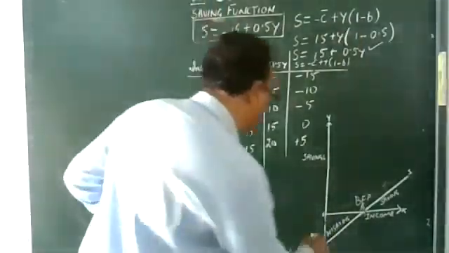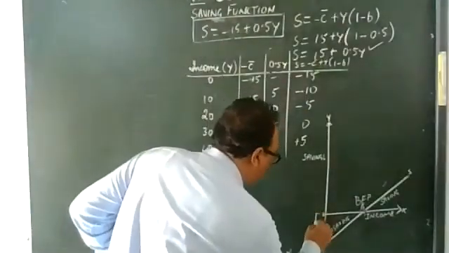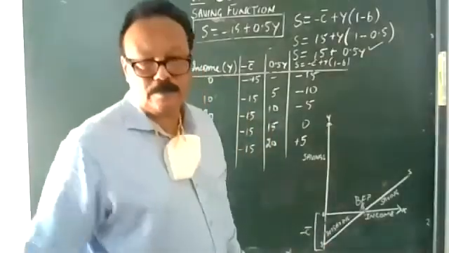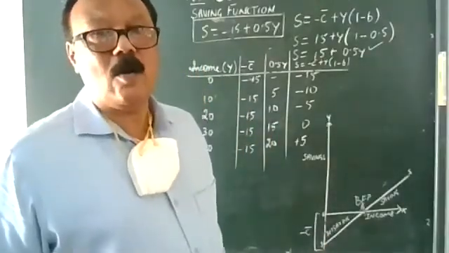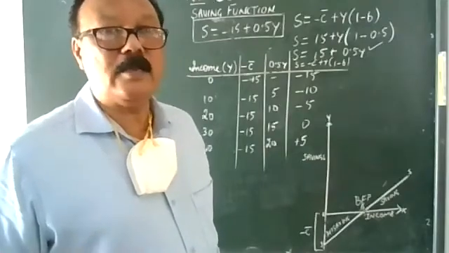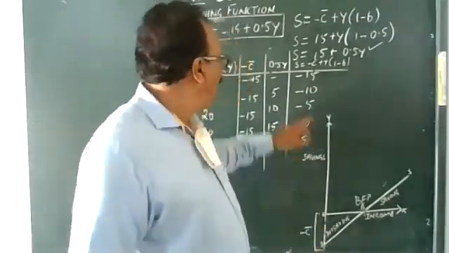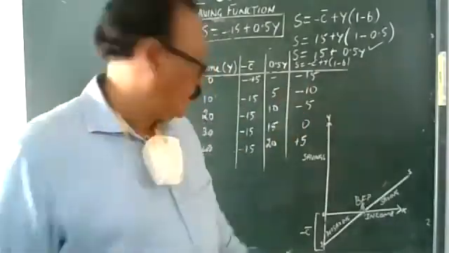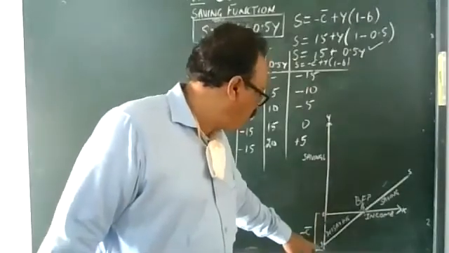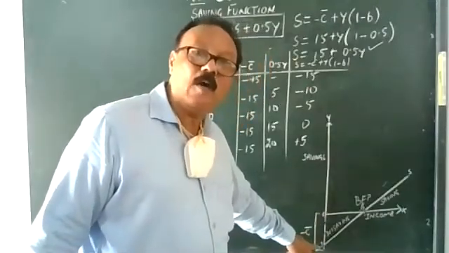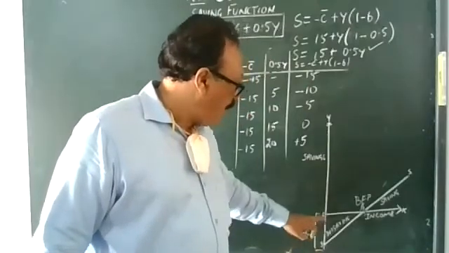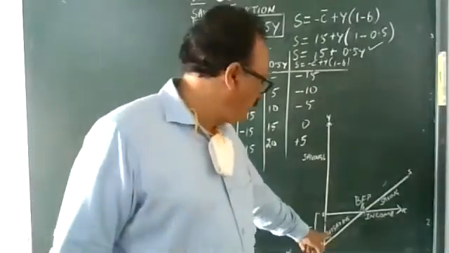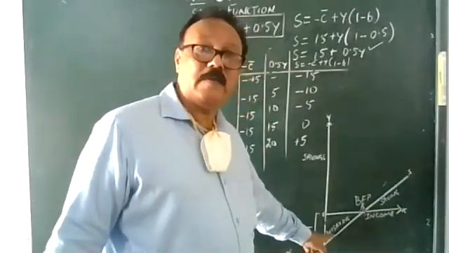And also, children, what is this called? This is called autonomous consumption. That the consumer consumed 15, maximum 15, from where? From his savings. This portion 0 to minus 15 normally would be called autonomous consumption. And this portion, how did he consume? By his savings. That is why it is called his savings.